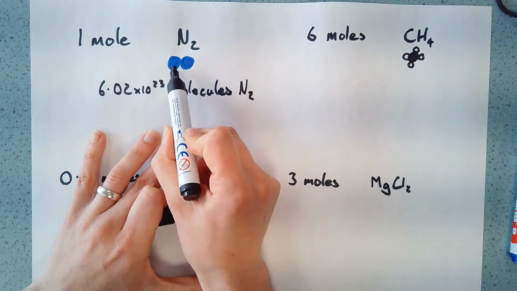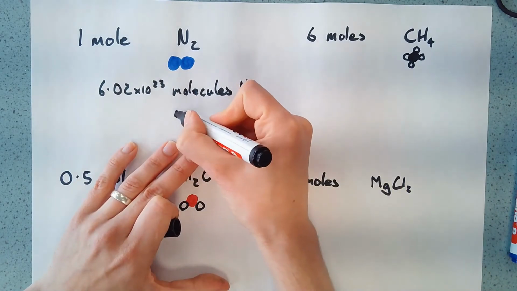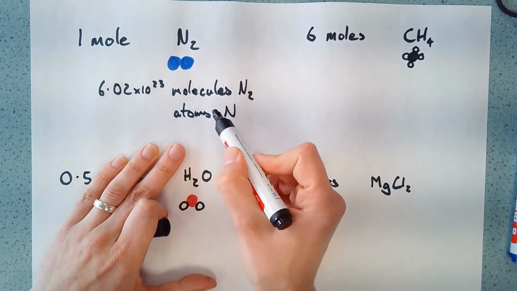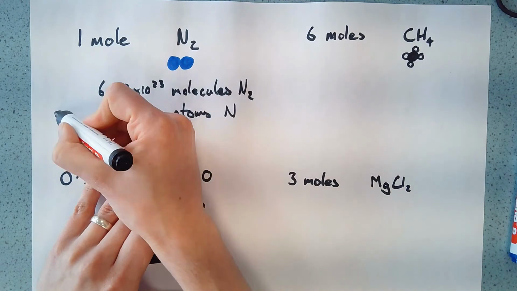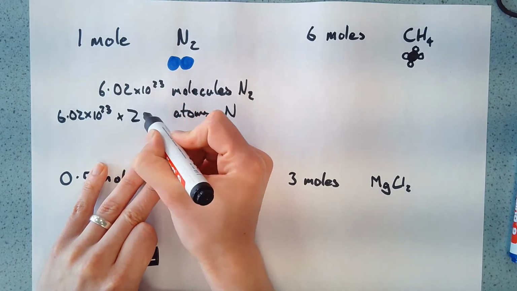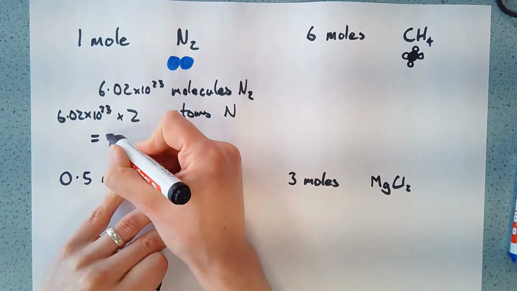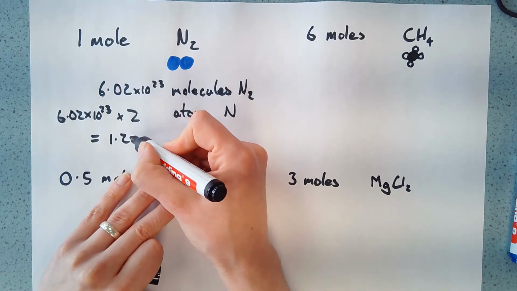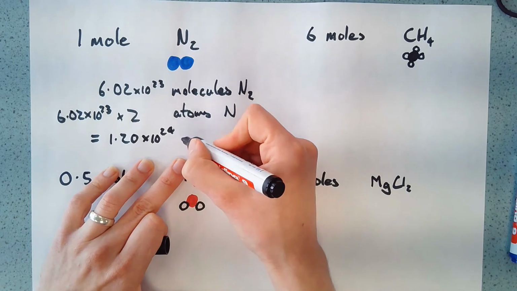Because every molecule contains 2 particles, which we call atoms, of nitrogen, then the number of atoms of N is actually twice as much as the number of molecules. So we would do 6.02 times 10 to the 23 times 2 atoms of nitrogen, and that would equal 1.2, I'm just rounding to 3 significant figures here, I think, times 10 to the 24 atoms